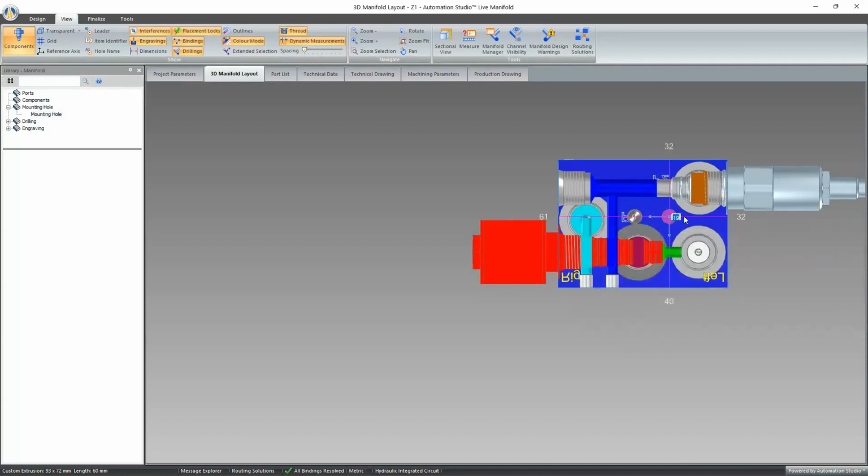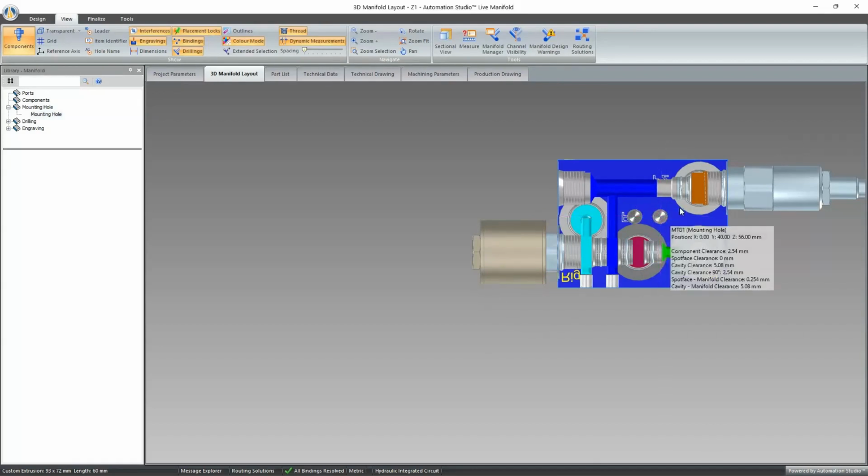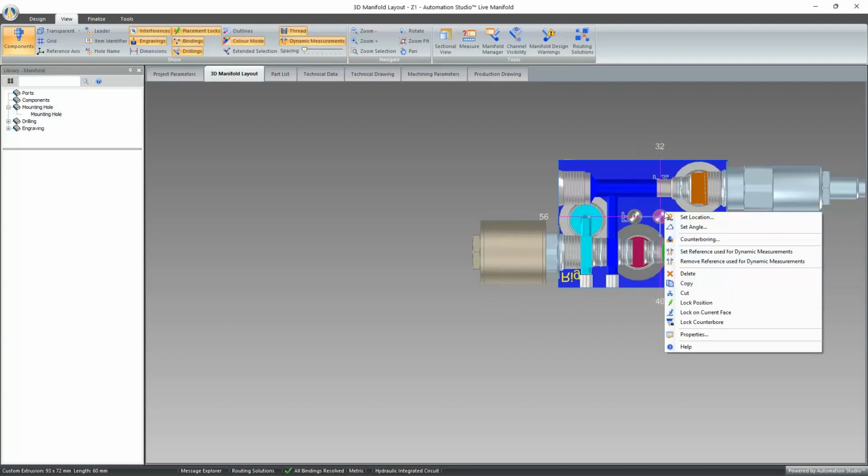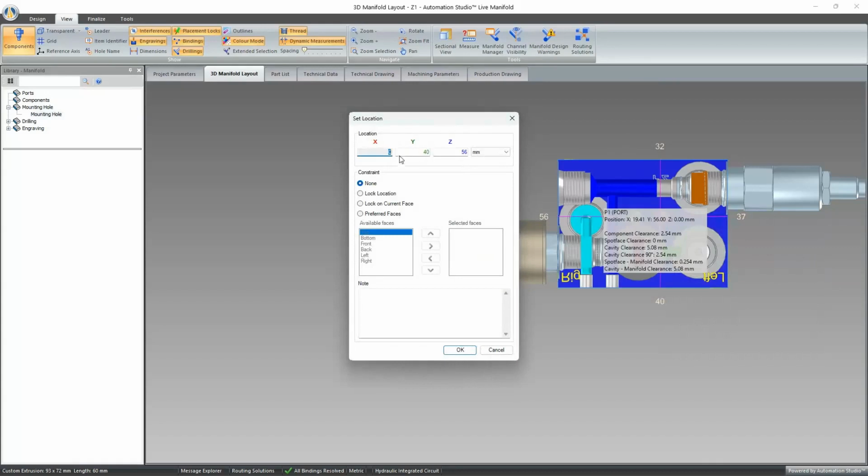I can do that, and if I go back here and put it at like 18, that's still not good. We'll go to 17. We're still slightly different, so let's go somewhere there. There we go. And now you see, we can position our components using these dynamic measurements. As always, you can right click and click set location to have the component coordinates on its